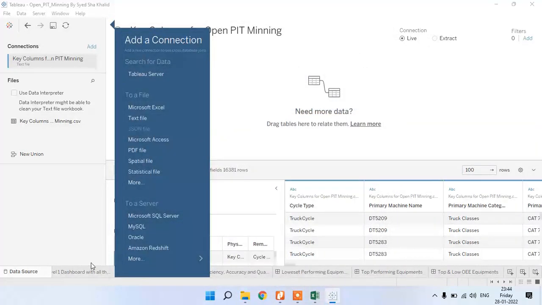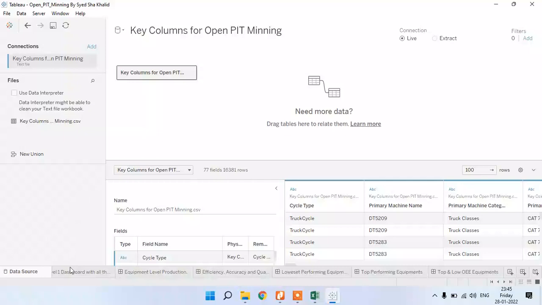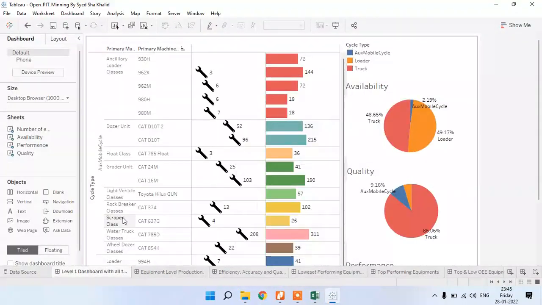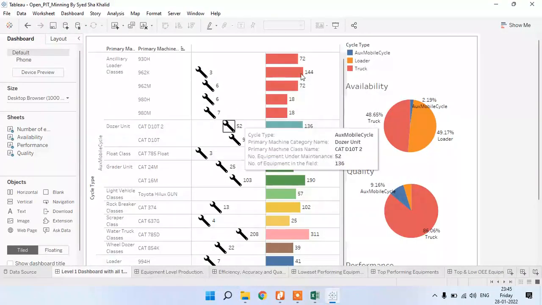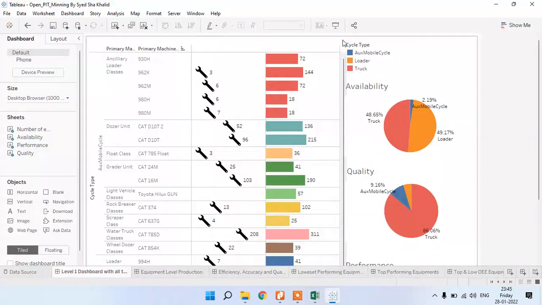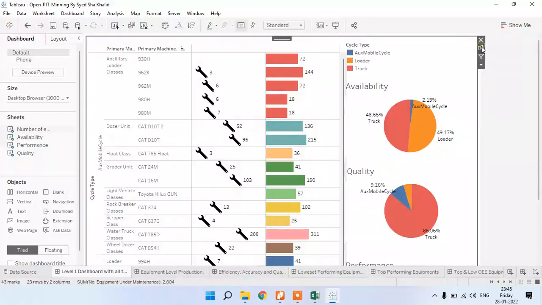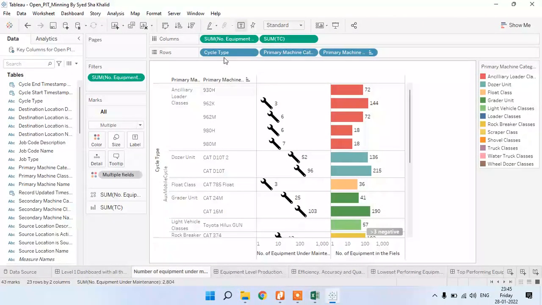Then finally I have created these dashboards. That is a level 1 dashboard. I will show you in detail. In this level 1 dashboard, what are the columns I have considered?